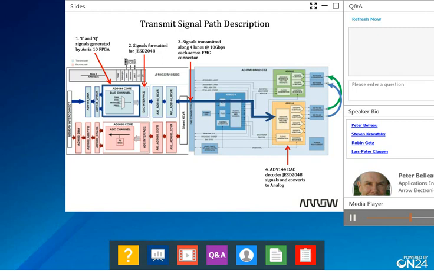Next, the ARIA-10 sends the serialized digital signals across 4 lanes at a rate of 10 gigabits per second per lane to one of the FMC connectors on the ARIA-10 board. On the DAC2 board, the signals flow into its FMC connector across 4 lanes and are fed to the AD9144 DAC. The AD9144 converts the JESD204B formatted data into 2 analog signals using a sample rate of 1 gigasample per second and sends each out through SMA RF connectors to a pair of cables.